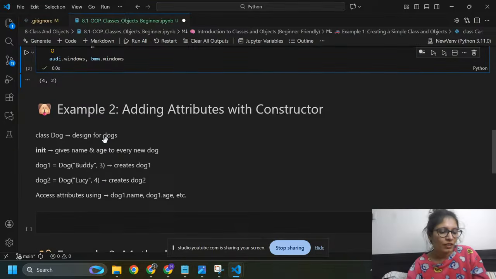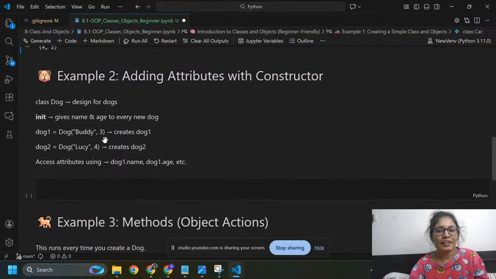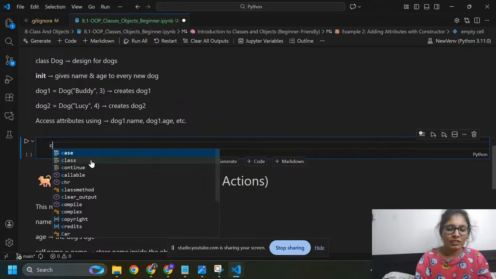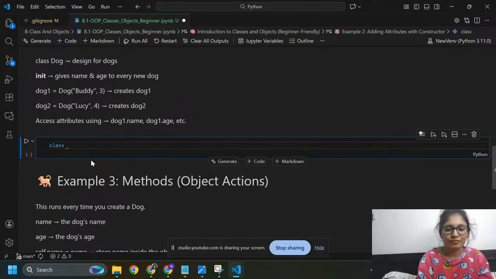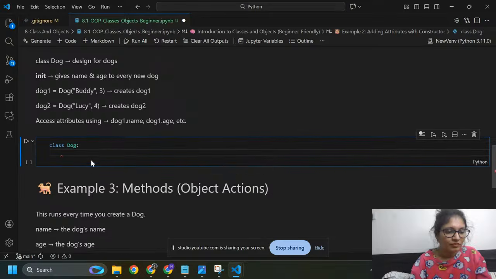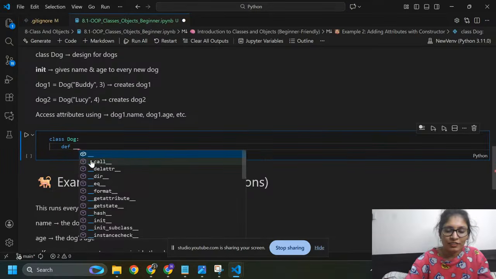Now we are going to write another example, adding attributes with the constructor. Here again I'm going to create a class Dog. I'm going to define one function, def __init__.